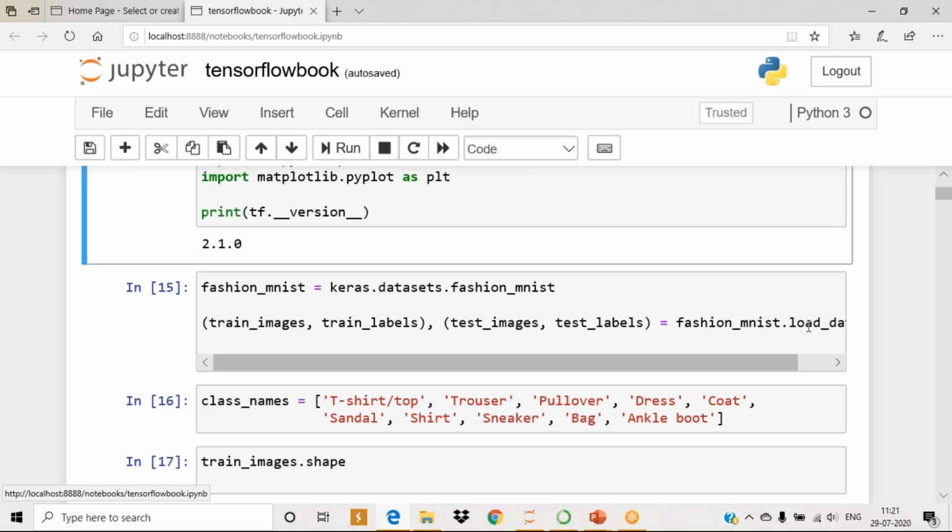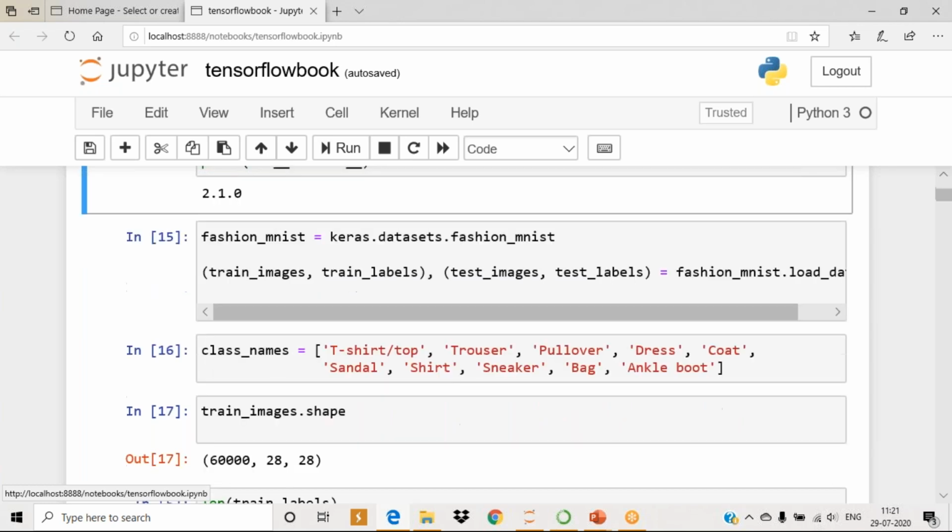Okay, images are ready. Next, come to the class names. Why am I giving class names? Because in the original data set, you have only the numbers of the classes, right? 0, 1, 2, 3, 4, 5, 6, up to 9. You have only numbers stored in your original data set. But I want to know the item name, right?